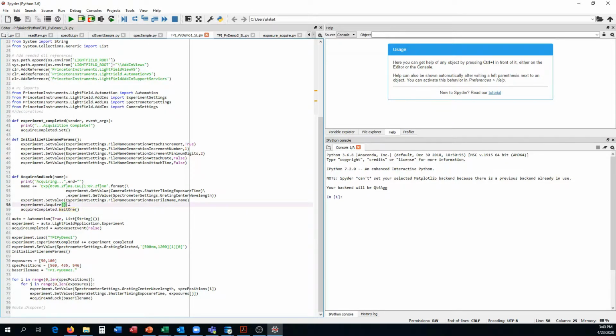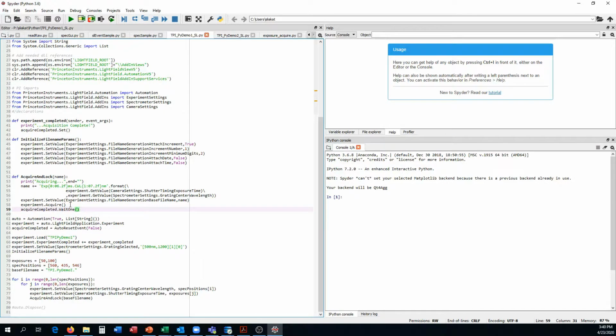So if I call this acquire function here, I can add some other things underneath it while the acquisition is going on. So for example, if I want to start an acquire and then I have some function generator or something that I can control through software, I can add that in. Or actually, as you'll see in my next seminar, we can use it to move a spectrometer asynchronously and get some real-time motion data out of it. So that's for the next seminar. But for this seminar, we're just going to call an acquire, and we're going to lock the thread right after calling the acquire. And the reason we do that is